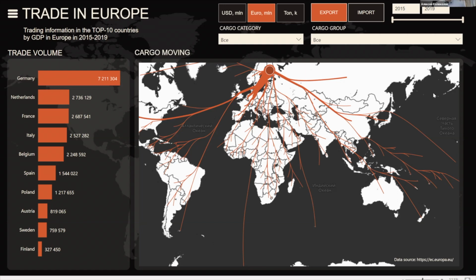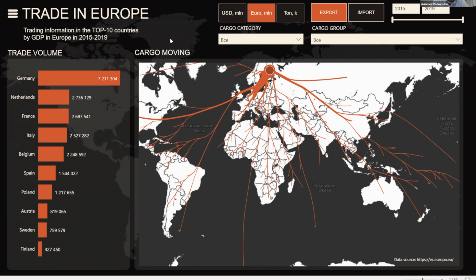It was a project where our customer was PricewaterhouseCoopers, and this was their internal tool for their consultants and for their clients, and the goal was to find trends between countries,